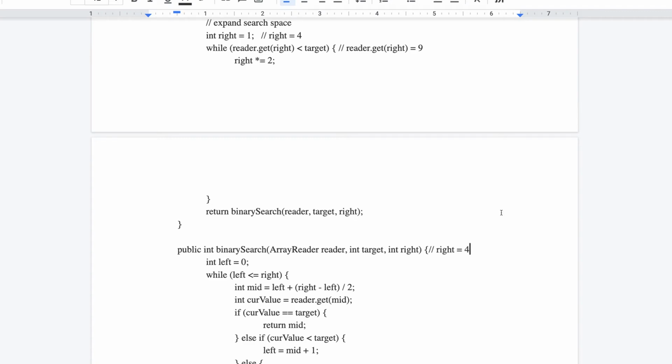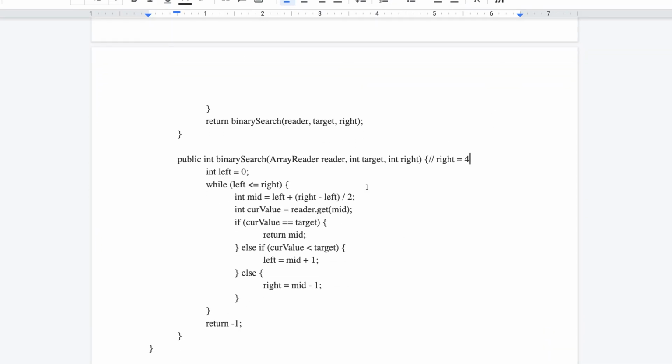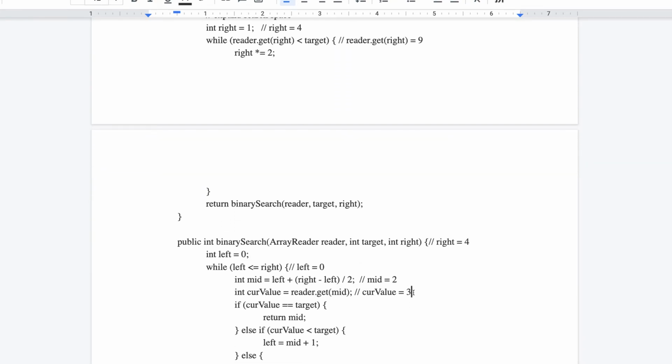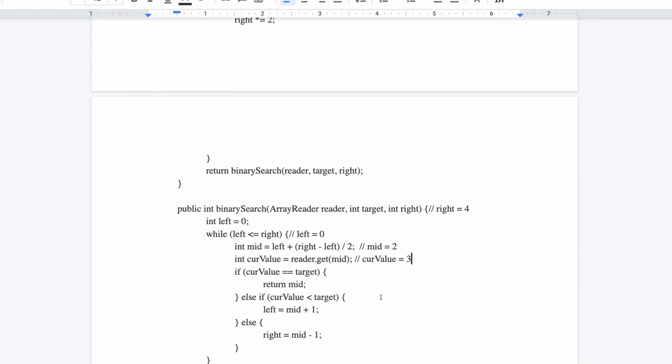So here we will have right is 4, and left is 0, smaller than or equal to right, and here mid will be 2, and current value will be, let me check, 0 and 2, so it will be 3, and 3 is smaller than target, so left will be mid plus 1, which is 3,